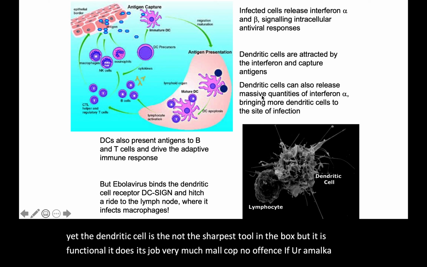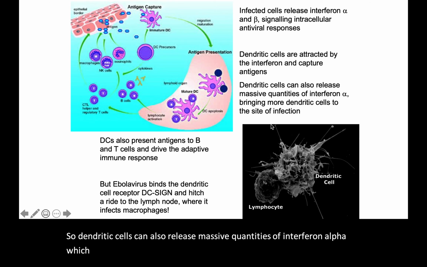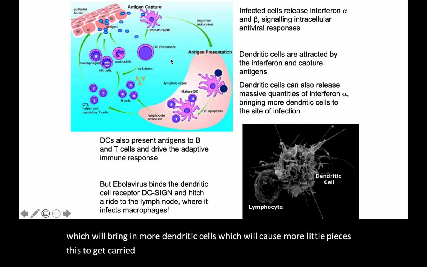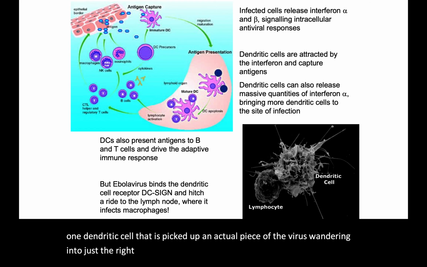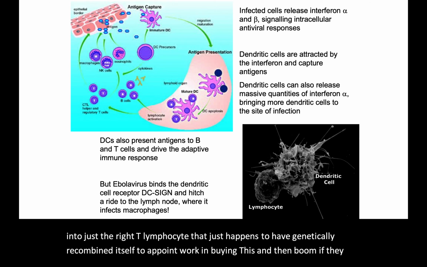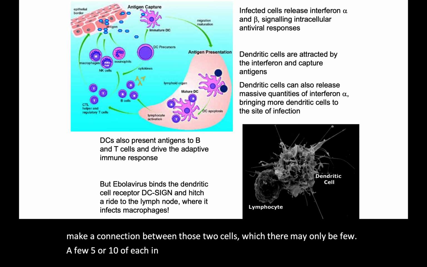Okay. So dendritic cells can also release massive quantities of interferon alpha, which will bring in more dendritic cells, which will cause more little pieces of this to get carried back. Now, the immune response is going to depend on one dendritic cell that has picked up an actual piece of the virus, wandering into just the right T lymphocyte that just happens to have genetically recombined itself to a point where it can bind this. And then, boom, if they make a connection between those two cells, which there may only be a few, like 5 or 10 of each in the body, but if they find each other, then boom,